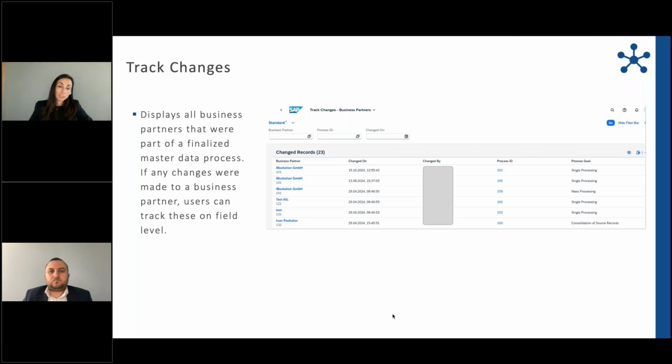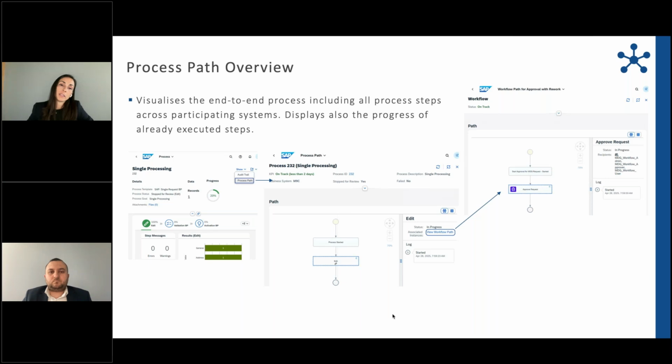Process path overview is also something very new and exciting, as in the past, as you can remember, in the classic mode, we're still not able to see the full process. We don't know which are the coming steps and what is left, while here, for every process which has already been started, we can see on which step we are currently, as mentioned earlier, and which are the steps.